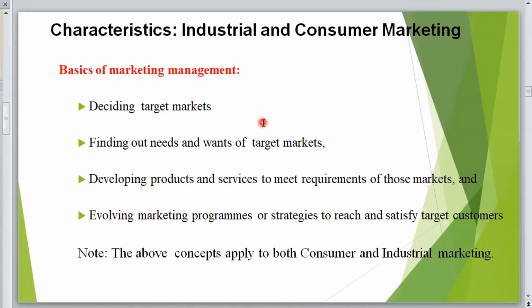ስለዚህ ልክ እንደዚህ ግን የሰው ልጅ ፍላጎት ሃይራርኪውን ተከትሎ ሲሄድ እንደ ማርኬተር አንደርስታንድ ማድረግ ይኖርባቸዋል ማለት ነው። አንድ ሰው የት ደረጃ ላይ ደርሷል፣ ለዚህ ሰው የሚያስፈልገው ምንድነው የሚለውን ነገር ማወቅ ይኖርብናል እንደ ማርኬተር ማለት ነው። ስለዚህ we have to find out the need and wants of the target market።